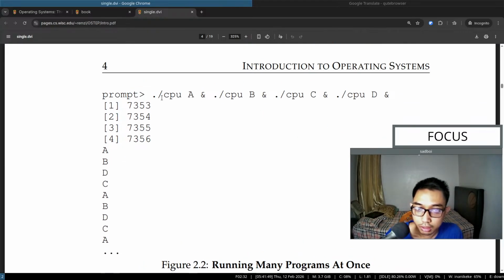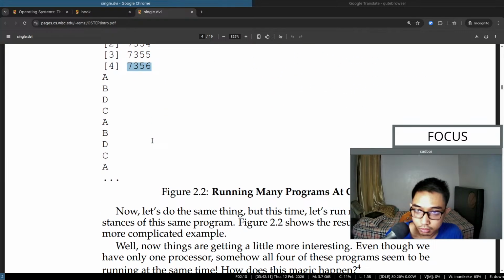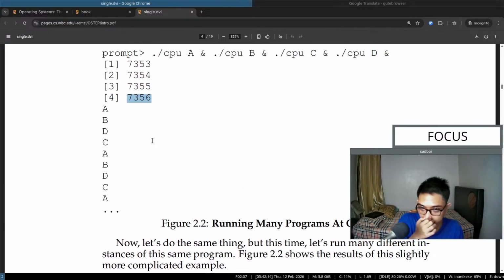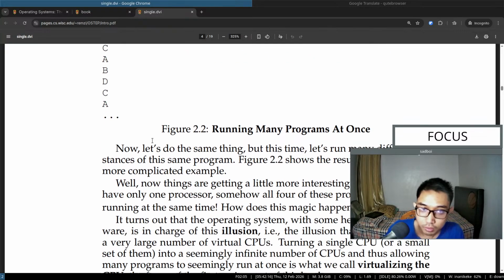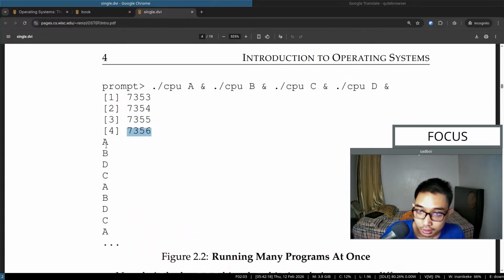This is another example, but we are putting the process in the background instead of the foreground. Right, something like this. This is, what is it called? The process ID, something like that. And yeah, interrupting this will be